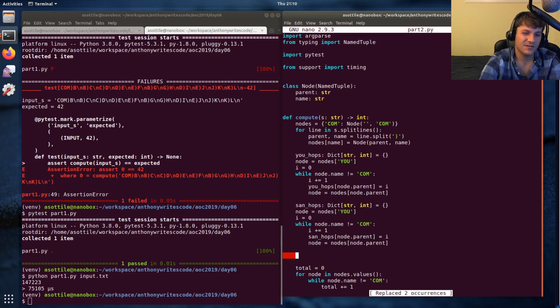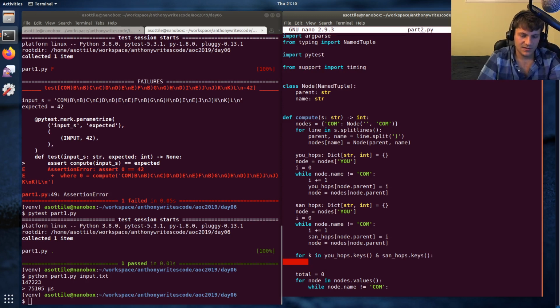And then we find the intersection, the minimum intersection. Let's see, for k in uhops keys and sanhops keys. For each key in the intersection,